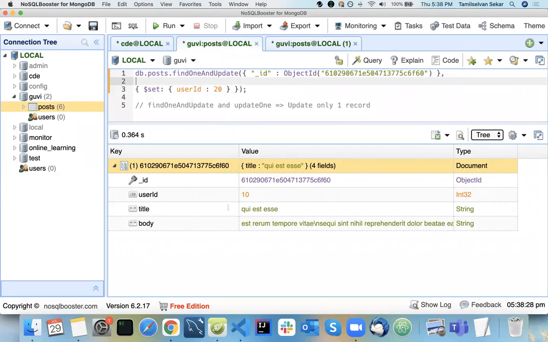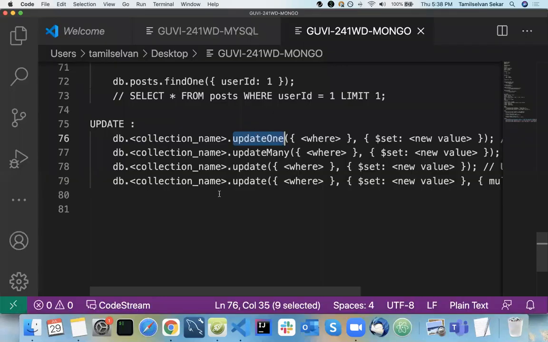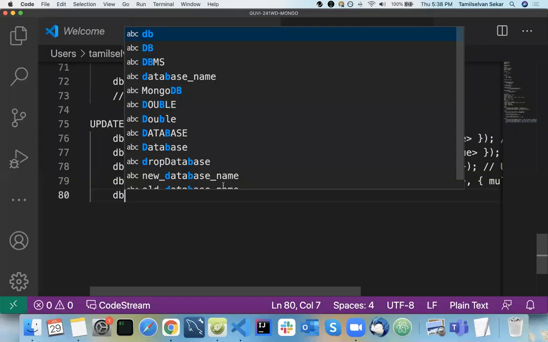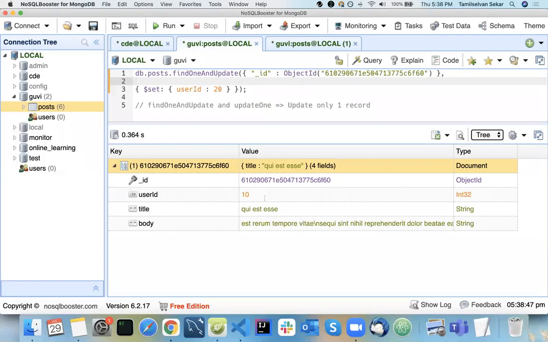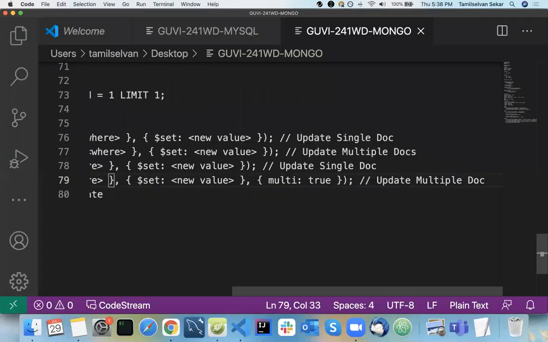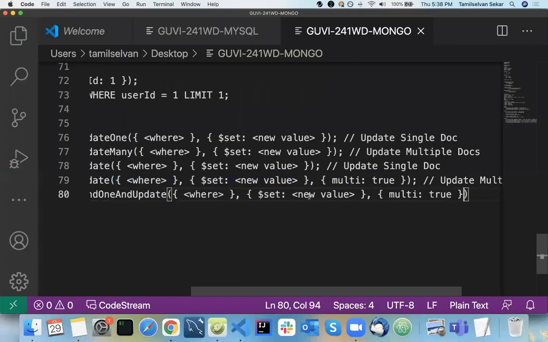So, db.collection.name here, find one and update, and everything else is the same. There is no multi here.